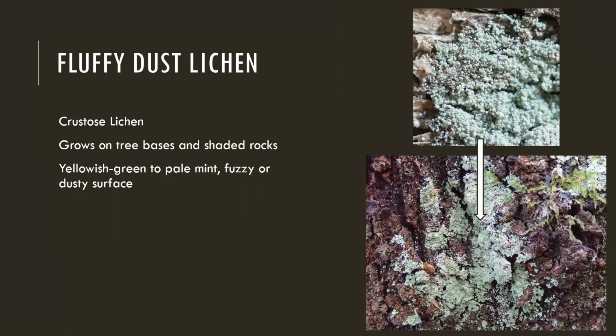This lichen here is the fluffy dust lichen. Make note of it, because this one you do see everywhere here in the South Coast. It grows on trees and shaded rocks. It's kind of like this pale mint dust that is like on the tree. And